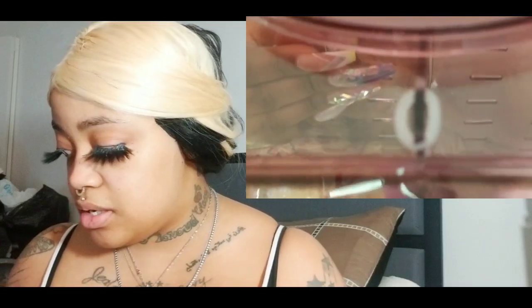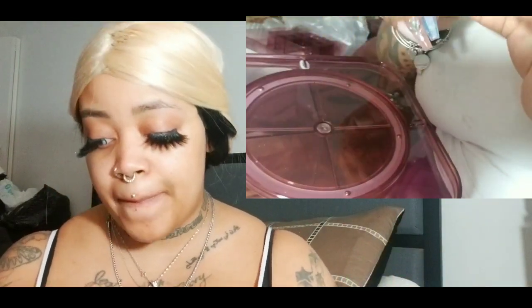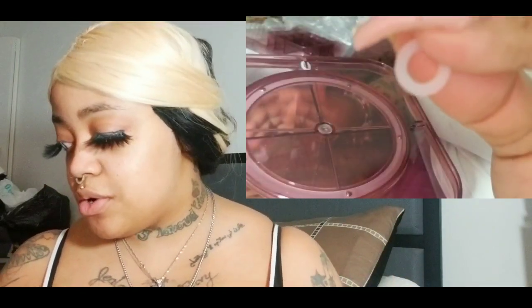And you have this part here, which is the base. This is the base plate, and that's why this is at the bottom, because it's a 360 makeup storage unit. And then it also comes with your lipstick compartments and all of that good stuff, which is very, very neat. This compartment here,